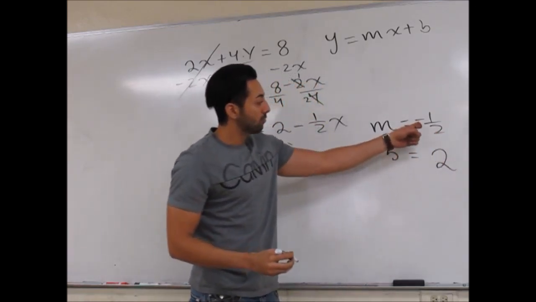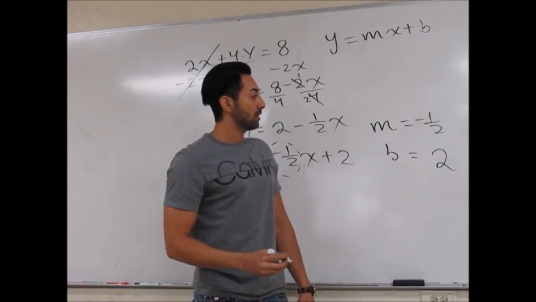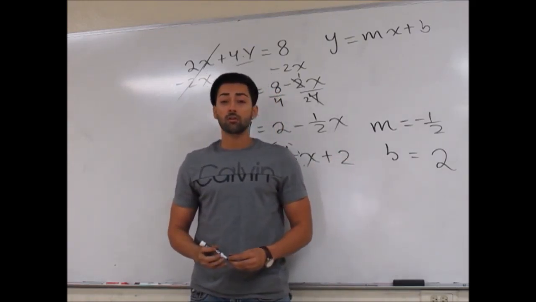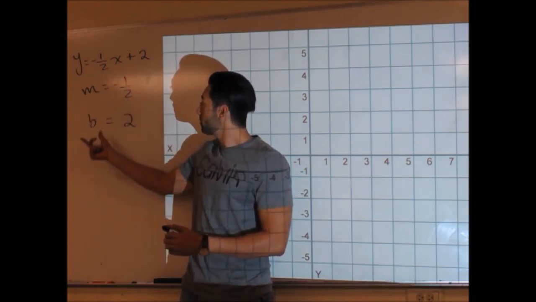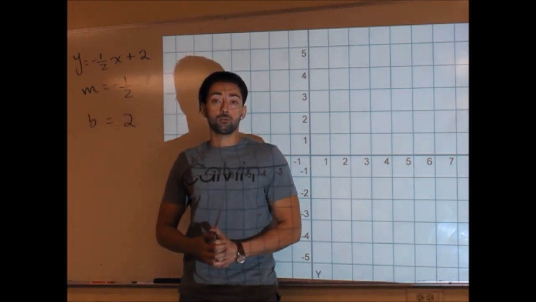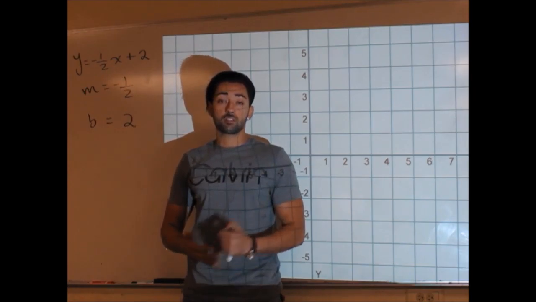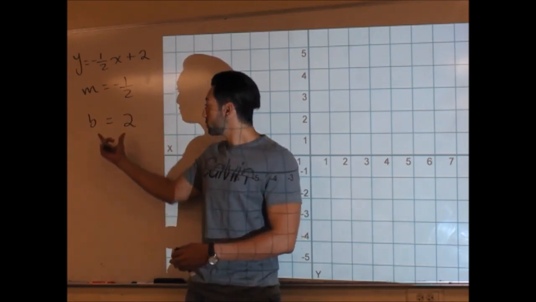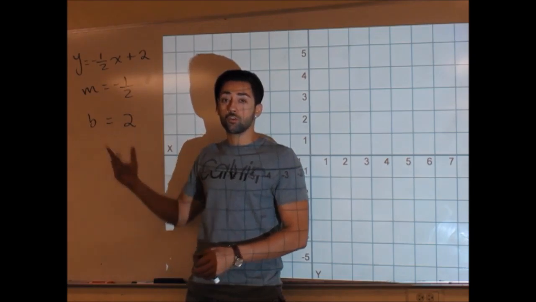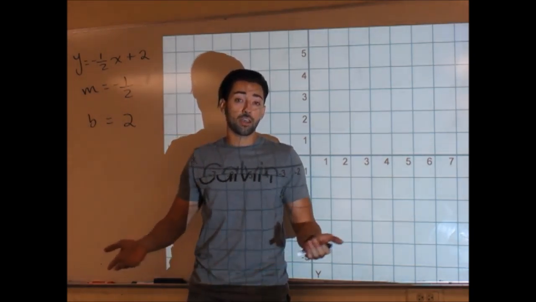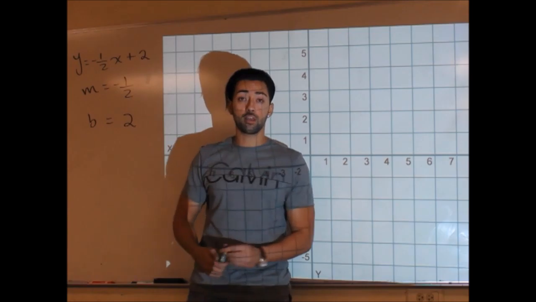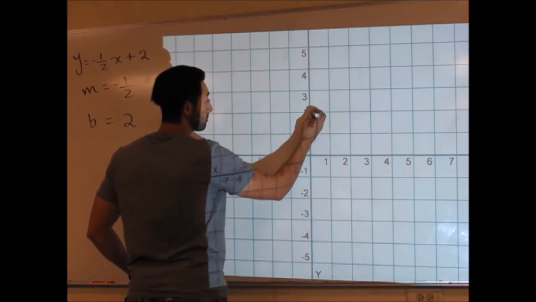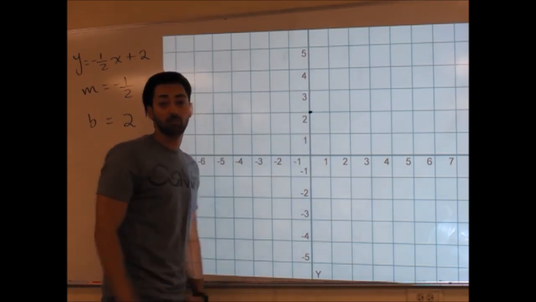Now we know that we're going to be going downwards because of that negative sign there. And since we have the m and b, we can go ahead and graph it now. Okay, since we solved for y, because it wasn't in slope-intercept form with y just on one side, and we identified what our m and b were, we're going to go ahead and plot those and get a general sense of what our line looks like. Now, you don't always have to rewrite the y-intercept as a point. You know the y-intercept is only going to exist on the y-axis, so you could just straight jump to 2 on the y-axis if you like. That's another way you can look at it. So I'm just going to jump straight to 2 here. That's going to be my y-intercept.